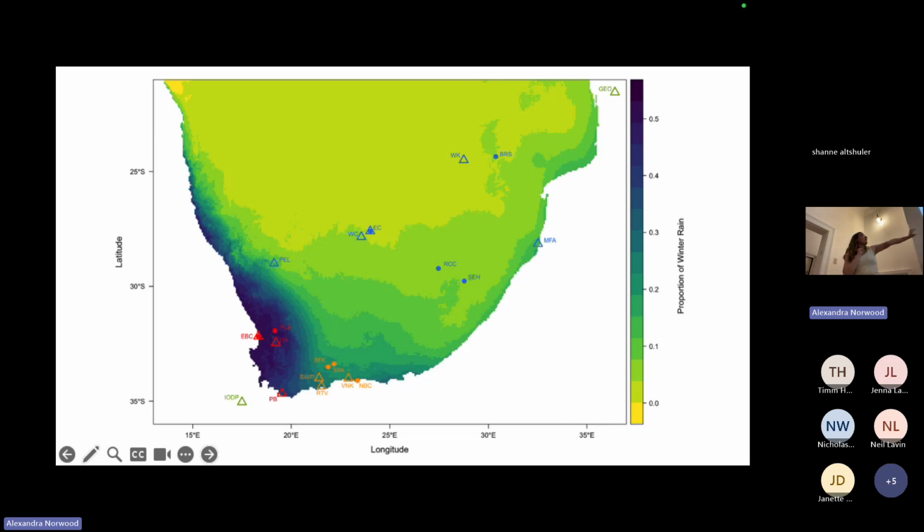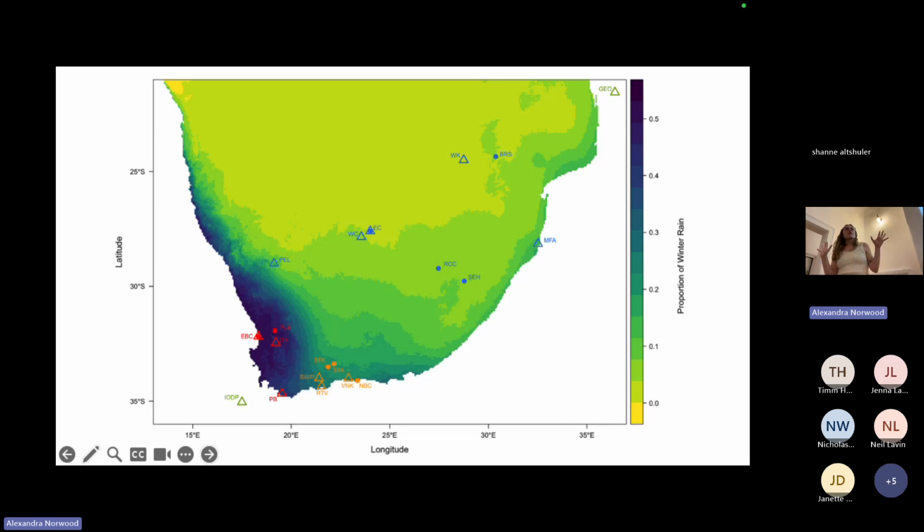So as we all know, just from this weekend, we are in this area that's dominated by winter rain. The region out to the east and to the north is dominated by summer rain. And then we have this sort of teal in the middle where we get 2 rainy seasons.